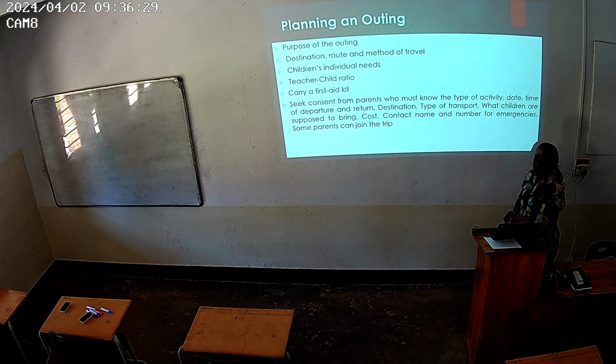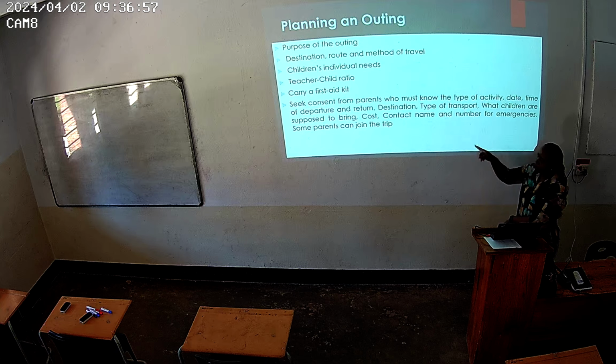Always, before announcing an outing, the school informs the parents. If you go out for an outing tomorrow to this place, and then we're going on the school bus, if your child is going, please indicate that your child is going or is not. If you keep quiet, it means your child wants to go. Even if you didn't see the message, but you wanted your child to go, you're still with the child